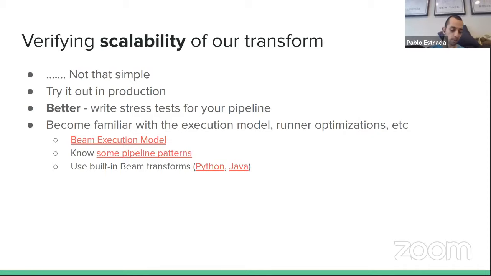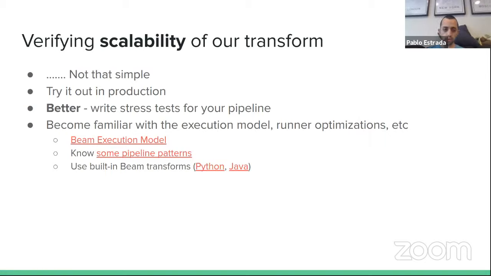For people, it usually starts by trying out their pipelines in production and figuring out that they hit a scaling limit, right? Something else that you can do is to write stress tests for your pipeline. In a similar way, you'll write small pipelines and mock out input data, and you'll just take your pipelines and see how they deal with all this input data, right? This is only useful up to a certain amount,